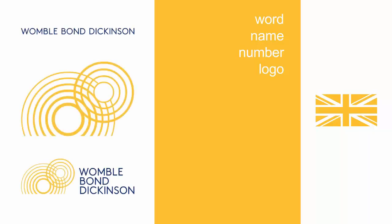In order to be capable of registration as a trademark, the sign must be capable of distinguishing the goods and services of one business from those offered by other businesses. So what sort of sign could this be? Traditional trademarks include words like company and product names, personal names, numbers, and logos. The name and various logos of Womble Bond Dickinson used in relation to our delivery of legal services are examples